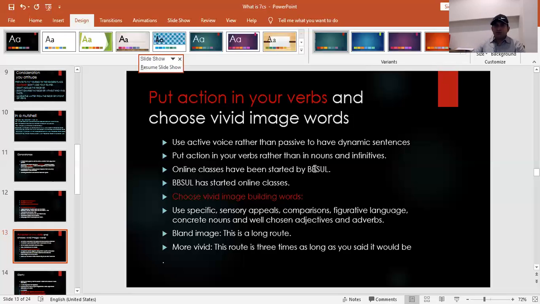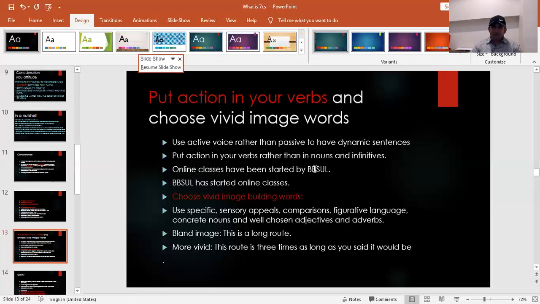तो अब choose vivid image building words। जहाँ पर मेरे पास ये सेंटेंस है इसको देख लेते हैं। Use a specific sensory appeals, comparisons, figurative language, concrete nouns and well chosen adjectives and adverbs। खैर फिगरेटिव लैंग्वेज में पढ़ा चुका हूँ। स्पेसिफिक और सेंसरी अपील्स मतलब कि आपको बिल्कुल जब अपील भी कहें तो बिल्कुल जो है वो पुख्ता अपील करनी है। ठीक है, तो आपके जितने भी वर्ड्स हैं, विविड इमेज आपको बनाए तो आपके वर्ड्स बेहतर होने चाहिए।